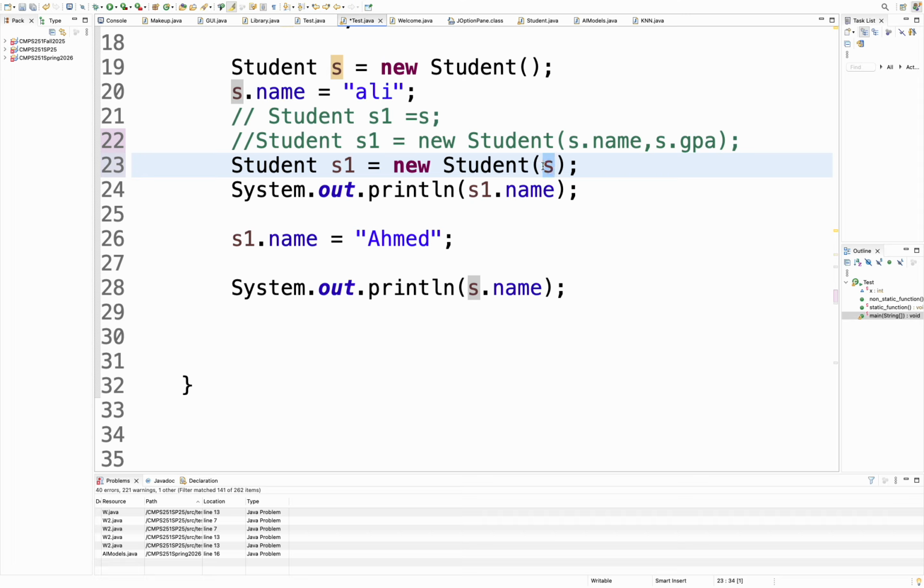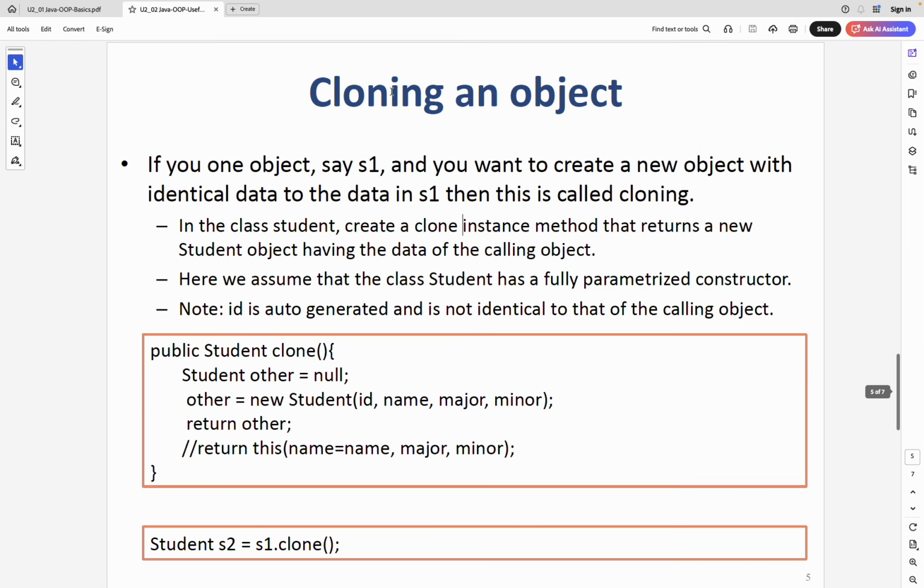I'm not sure. Yes, and methods also. Yeah, this is a pure student object. It has all the methods, everything. I'm just assigning the attribute values. All right, and